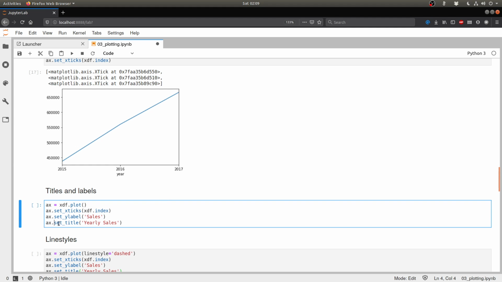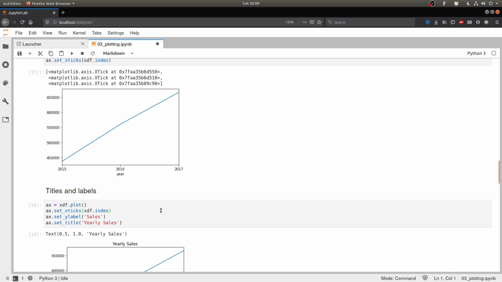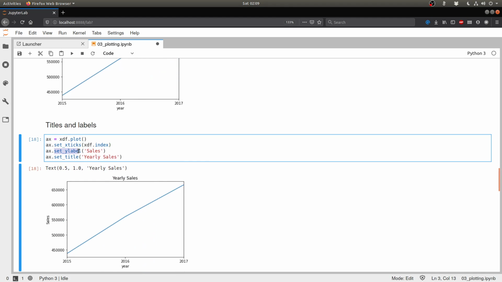And I can also add a complete title to the whole chart, something that appears at the top which says that this is yearly sales. So let's run that. By using set y label, we have created this label over here, sales. Now earlier we had a label only for the x-axis, now we have one for the y-axis as well, and we have added a title for the entire chart, which is yearly sales. For that we used the set title function.